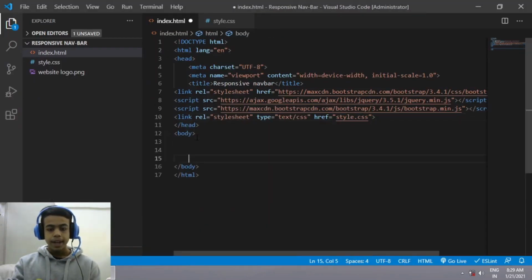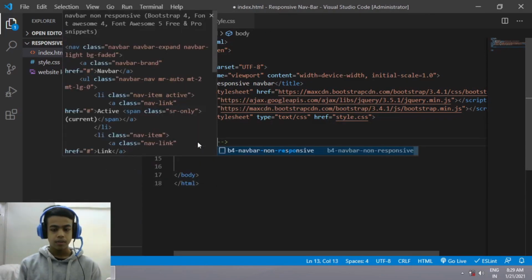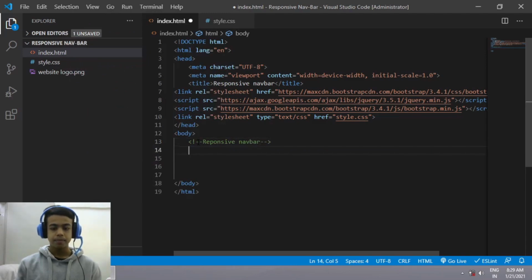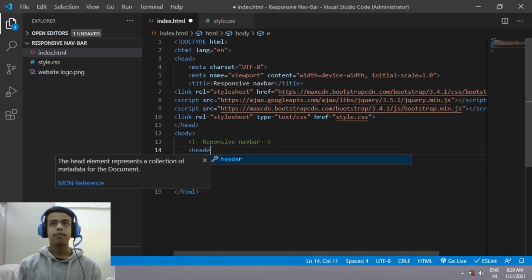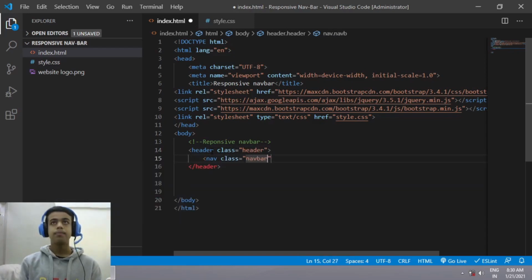Then I'll be coming to the body tag. Inside the body tag, I'll be creating a comment that will be responsive navbar. Okay, then I'll be creating a header here, whose class will be header, and inside that header tag I'll be creating a nav, whose class will be navbar and navbar-default, and inside this nav I'll be creating a div, whose class will be container,